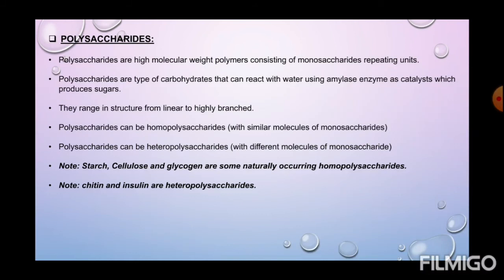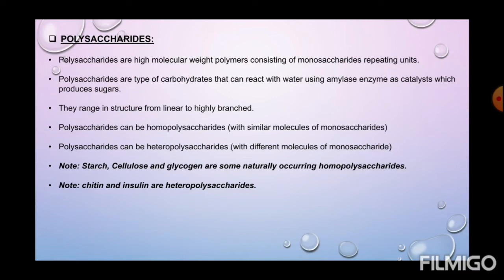Now let us move to polysaccharides. Polysaccharides are high molecular weight polymers. It means these sugars are made up of larger molecules consisting of monosaccharides. Means 1 monosaccharide, 2 monosaccharides, 3 monosaccharides till 10. Number 10 are going to give a chain of polysaccharides. And in every polysaccharide chain, there will be glucose. Why? Because glucose is a simple monosaccharide. I hope this is clear to you.